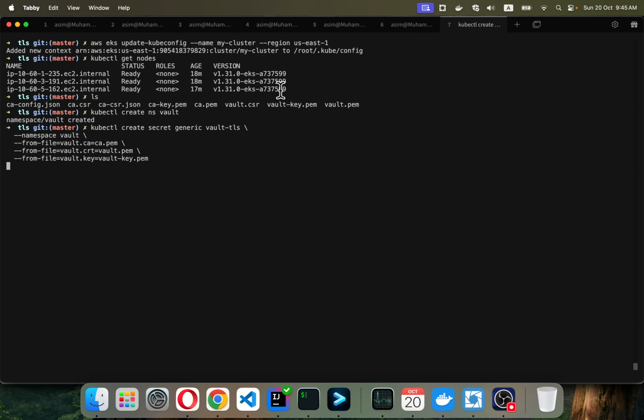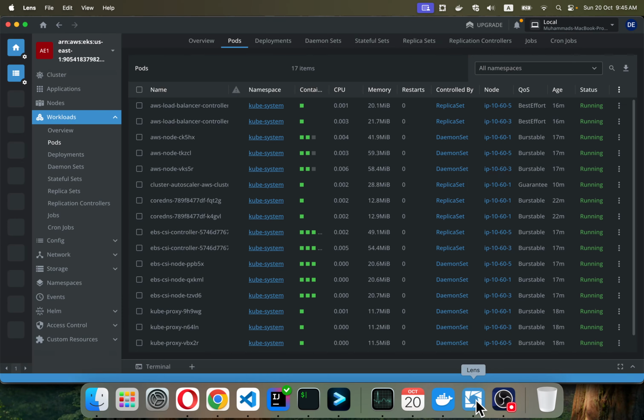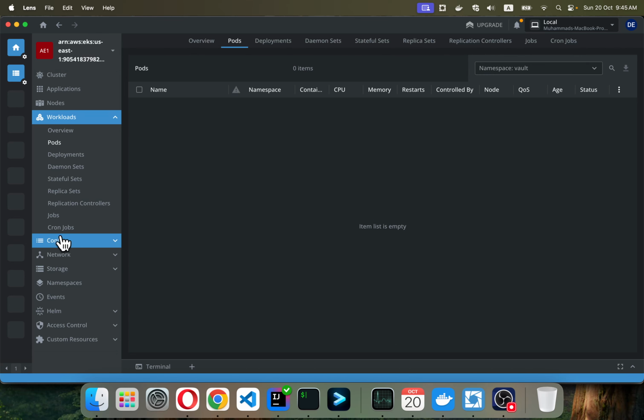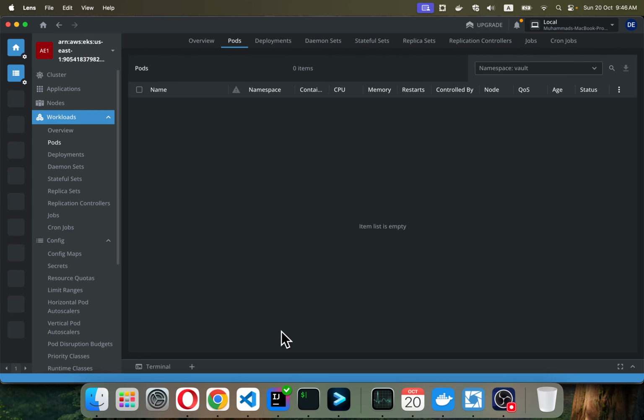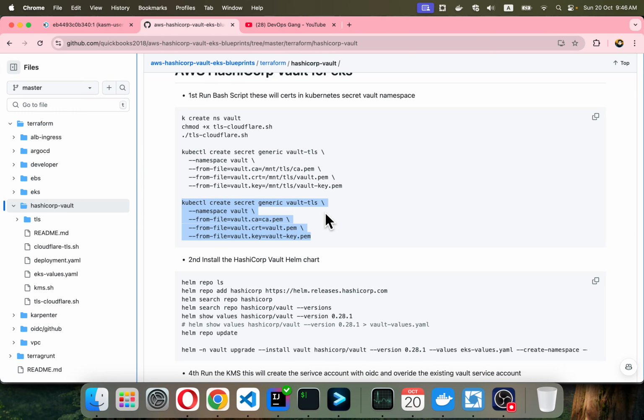So you will see that one secret is going to be created, and if I simply navigate to this section in the namespace vault and navigate to config secrets, you see 9 seconds ago it has created that vault TLS, right? So simply what we are going to do, we are going to quickly